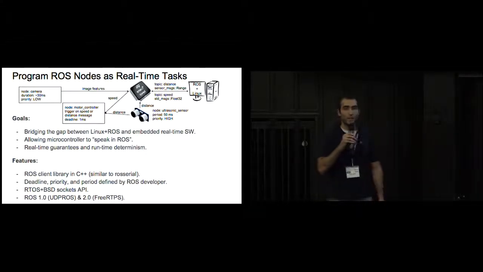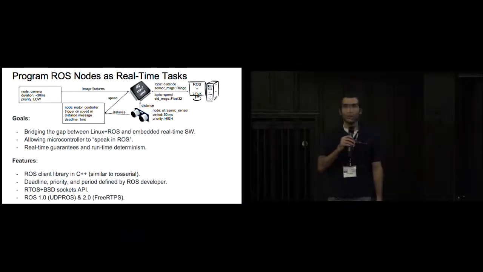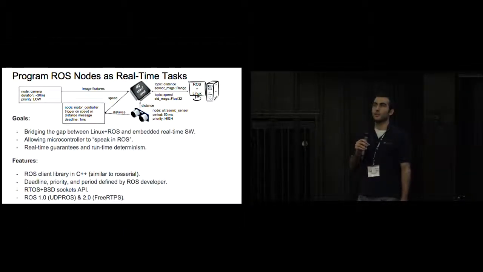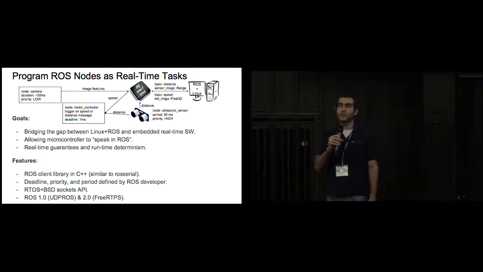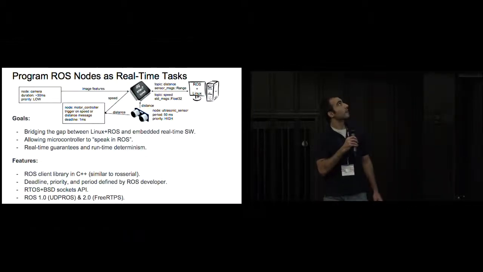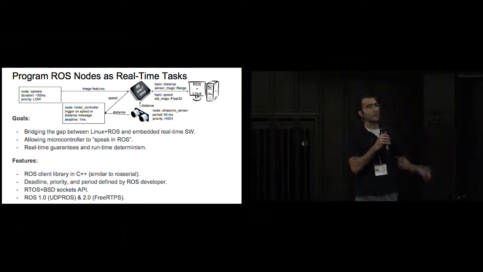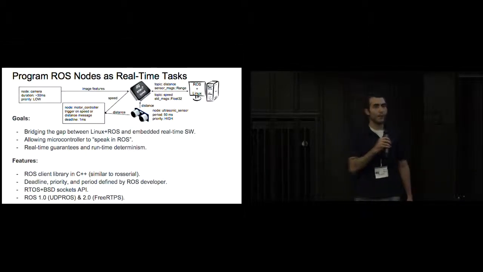The scheduling behavior is important in order to guarantee real time in the system. So if we have a 1 millisecond deadline for the motor controller, then this deadline has to be guaranteed. For this, I have implemented deadline scheduling, and the whole framework also realizes the ROS communication protocol, currently using UDP ROS 1.0, and I recently also tested FreeRTPS,